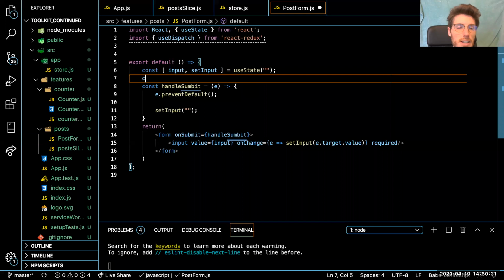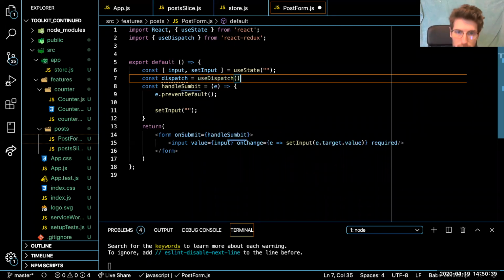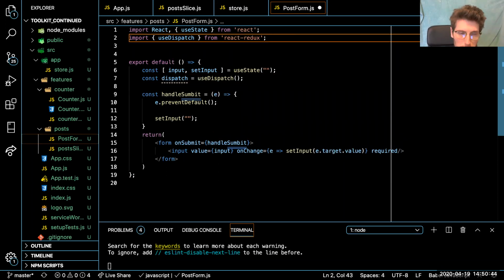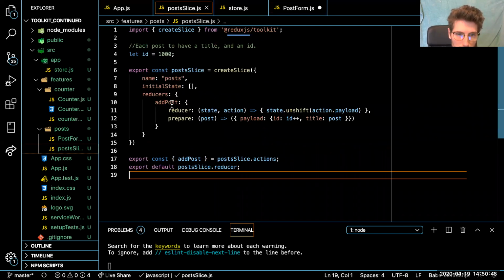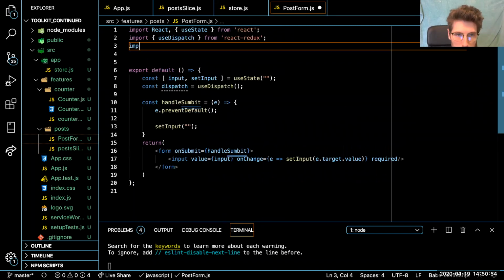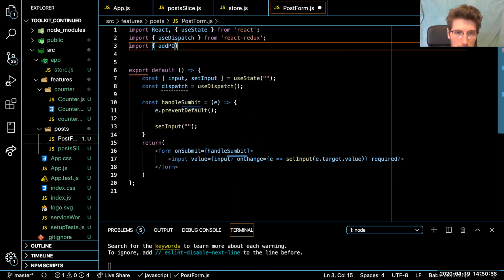Okay, so let's go ahead and const dispatch is equal to use dispatch, and I'll invoke it. And let's also import the action that we want. So the action we want is our add post, which is coming from our post slice. So let's go ahead and import that. So import add post from